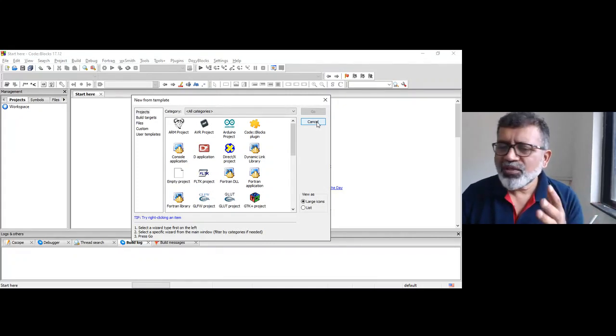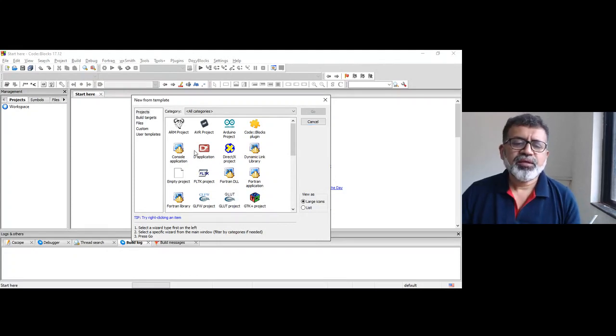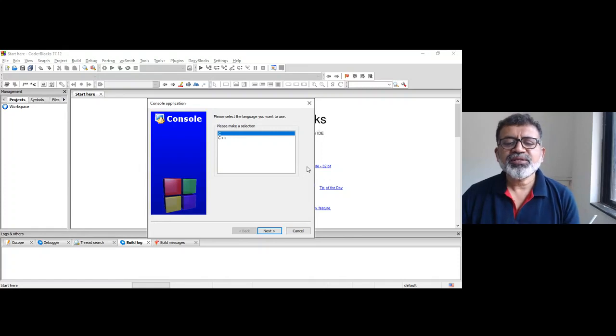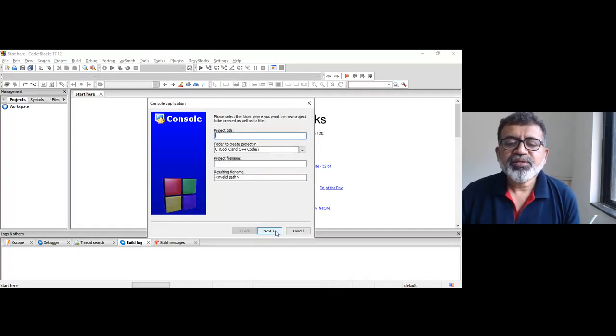If you already know, there is no problem. So I'm going to choose C. Since we are going to write a program in C, we will make the selection as C, right? Code::Blocks is exclusively used for C and C++ programming, right?